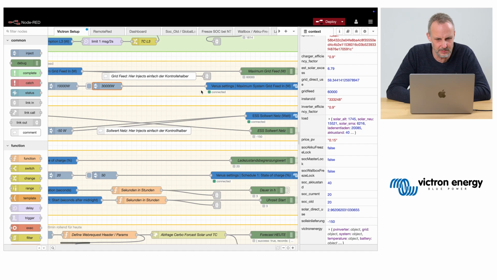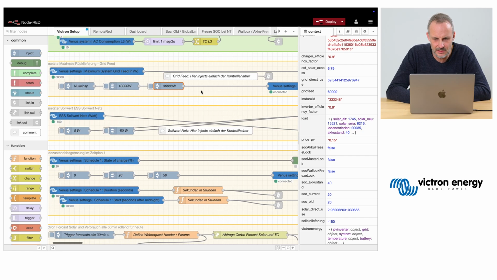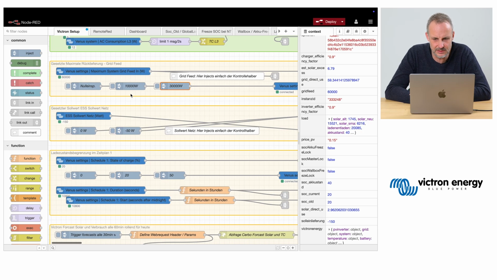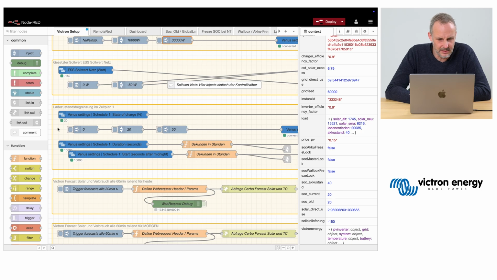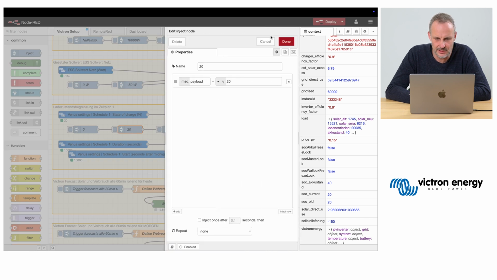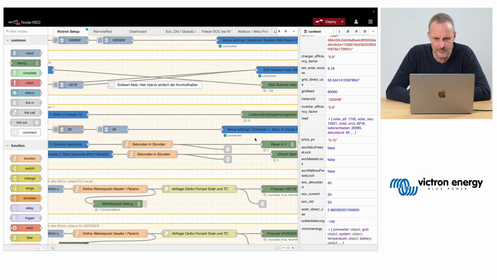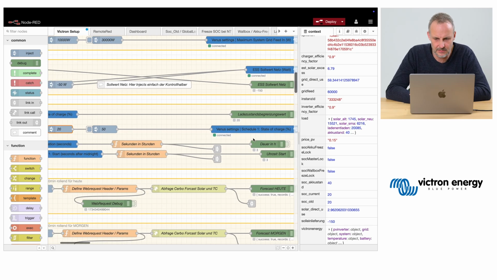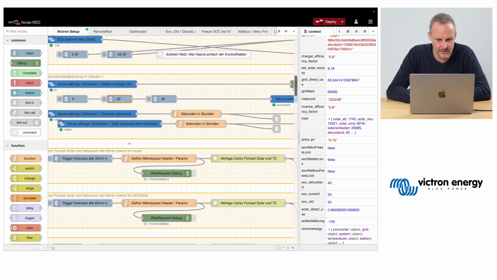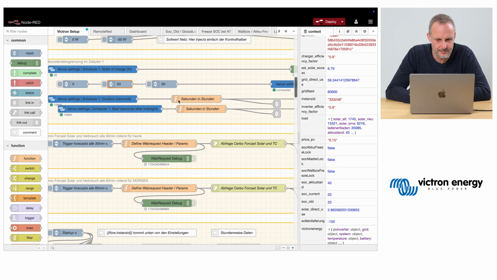And this is probably only setting some test values or injecting it manually, overriding values which get set. That's the way you would use inject nodes. So set it to a certain message payload, and you can set the state of charge or fake it for a short while.